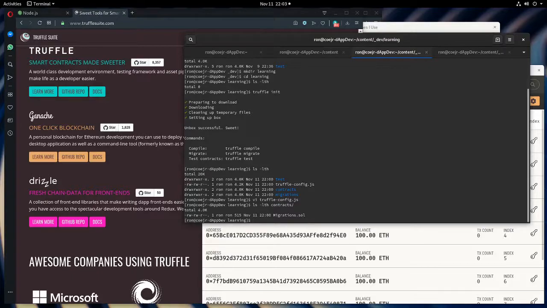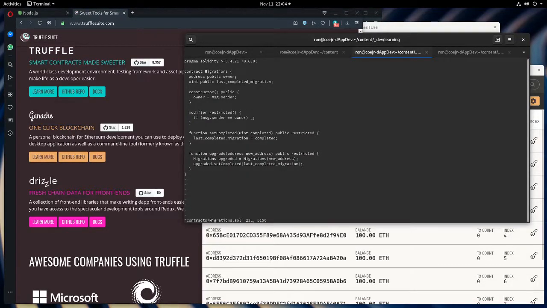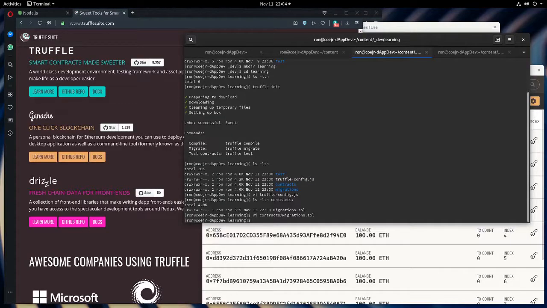And what do we have in the contracts folder? Got a Migrations.sol. Let's take a look at that. Don't really want to mess with it. This is something that's going to be used by the Truffle suite to help in the process of developing and testing what I do here. I think I will go ahead and get out of here and create my own source code. So let's say